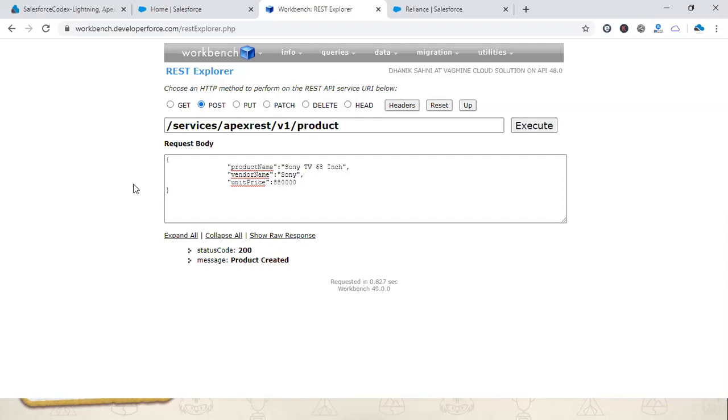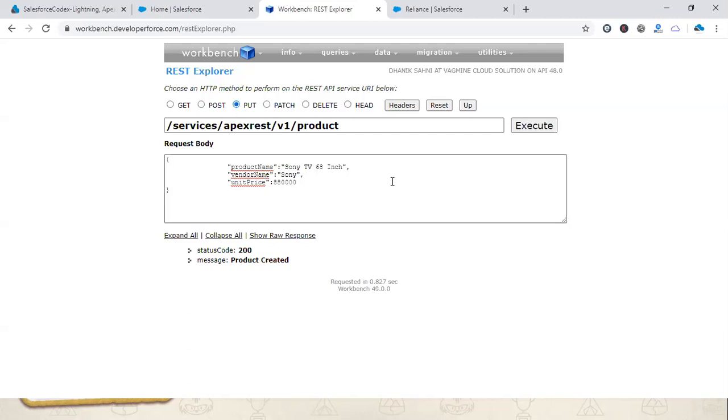Okay, so let me give you a summary for this post. For any post, put, or patch request, we should validate the data first. If the data they are giving is not valid, we should give a proper response. If we are not giving a proper response, the caller will not be able to identify what happened with their request, so it's very much required. When we create a new request and it is successful, we get status code 200 and the message that the product is created. Similarly, you can give an error response like 400, 300 or 500, based on your logic.